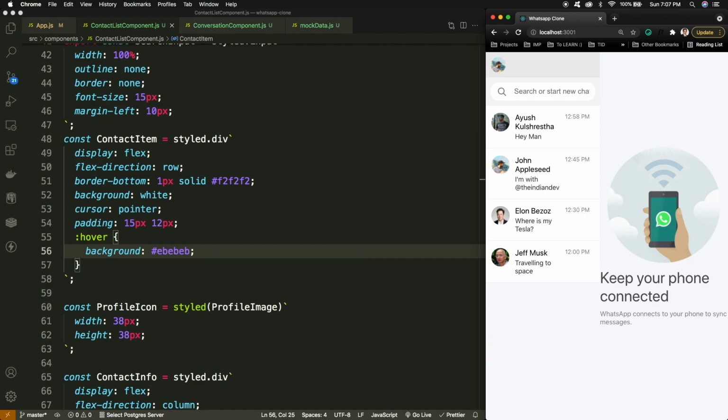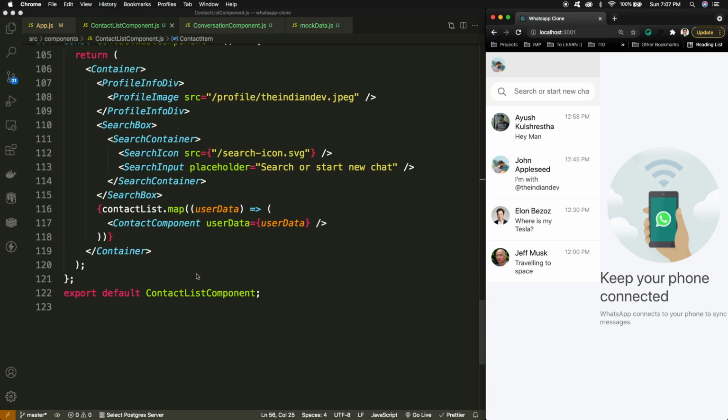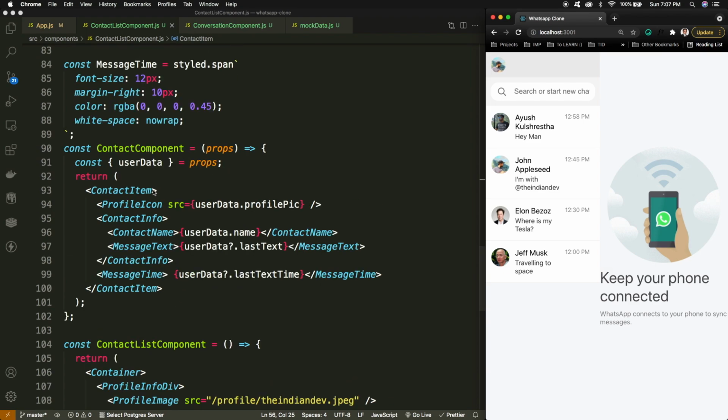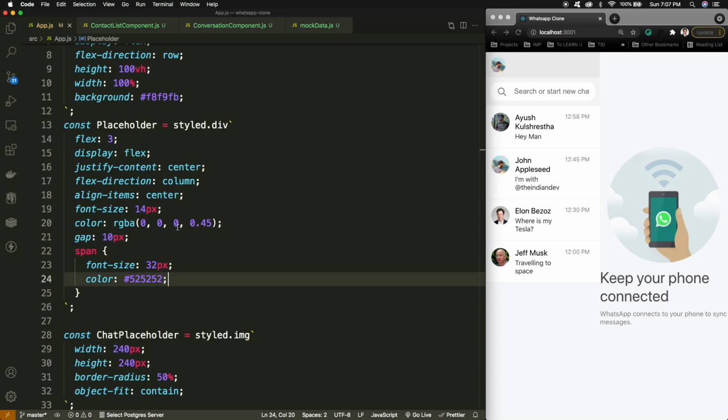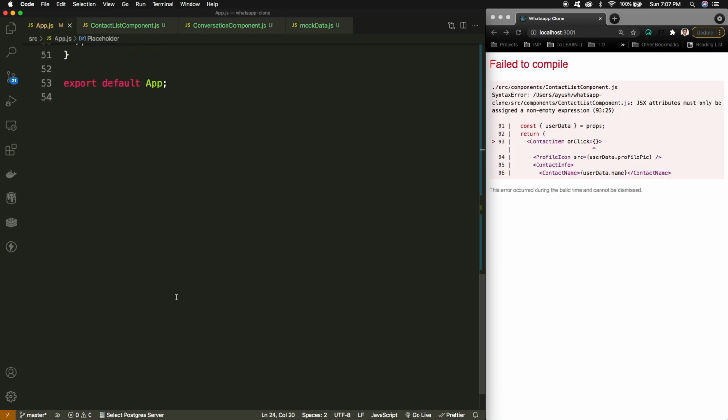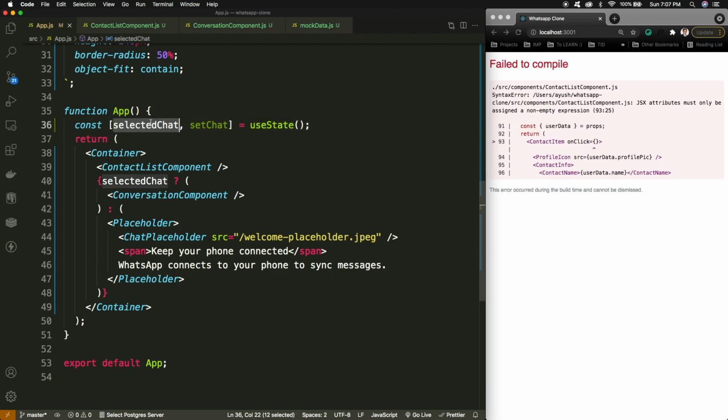Now I just need to work on the click event of this particular thing. So I can simply go to this, and whenever the user clicks on this, on click, then what I need to do is update this state that is available here, selected chat.